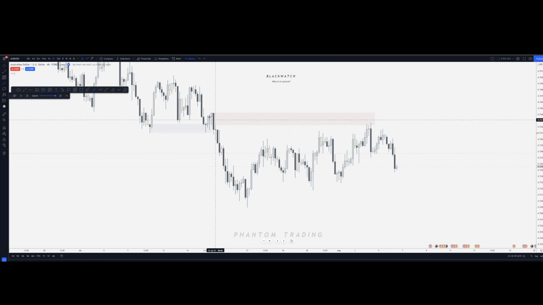I know where my valid POI is. None of this stuff is really valid in terms of finding the potential catalyst that's going to drop price lower. I mean, obviously it could, right? But at the same time, there are better zones. They're higher up. So if I got a short here, if I got a short here, you target the low. You don't really aim much lower than it.